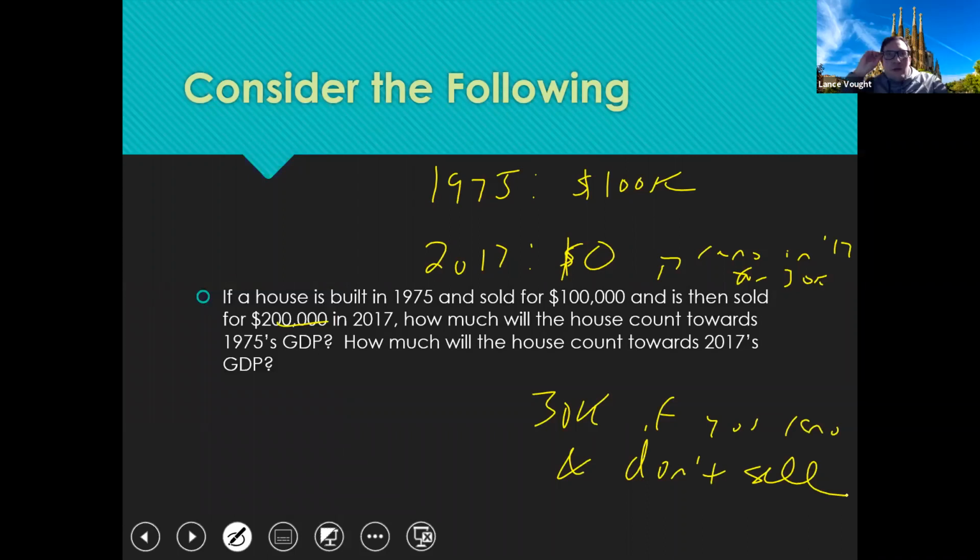So again, that's why it's so important to know all the elements of GDP and know what does and what doesn't count. Because if you change the facts of this, you can get 3 different answers. The simplest one was we're only measuring the value of GDP in the year in which it's produced. So in 2017, if the value of the house goes to $10 million, who cares? Nothing changed to the house that caused it to change in value based on the year in which we're measuring in terms of productivity. But if you renovate the house and spend 30K and you just do it for your